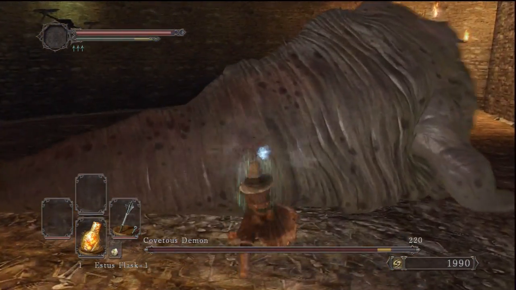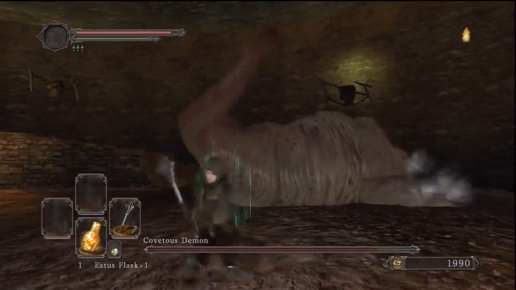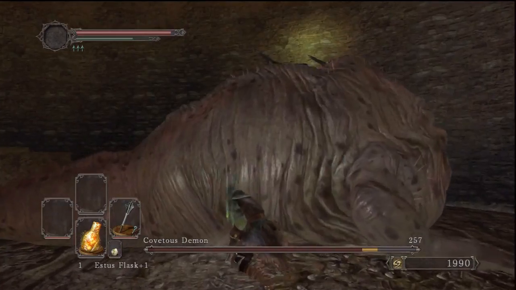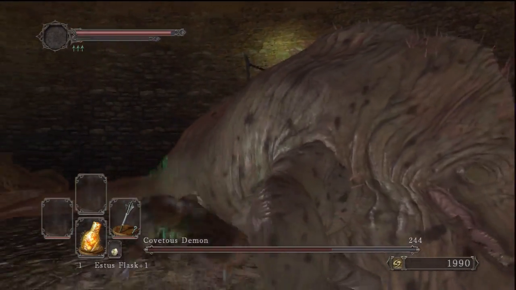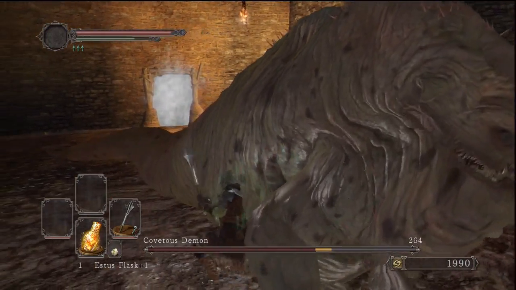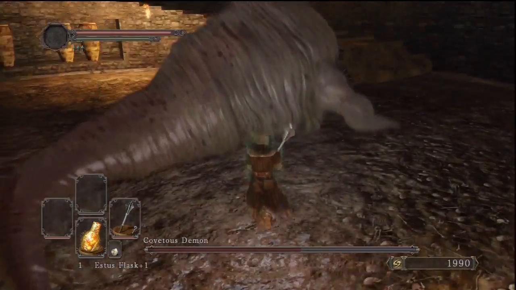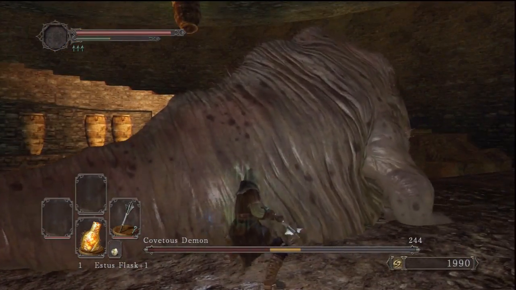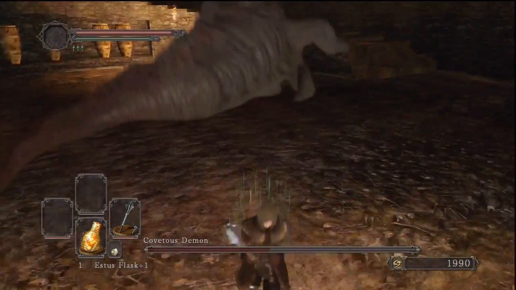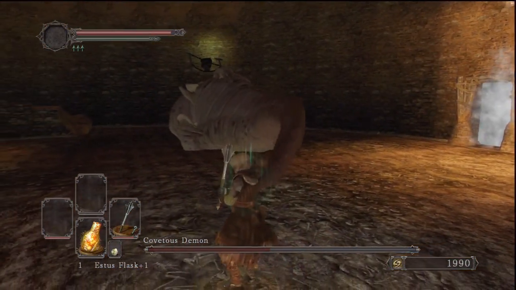But we're just going to move right on to this boss. Covetous Demon. Kind of a funny boss to encounter for the first time. Not really like anything we've seen in Souls before. This boss is known to be sort of the pinwheel of Dark Souls 2, if you will, in that he's super easy. Although, if you get hit by that roll, and he's going to do more rolling here, I think,